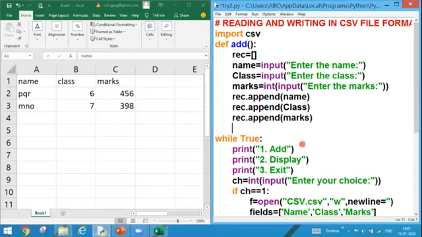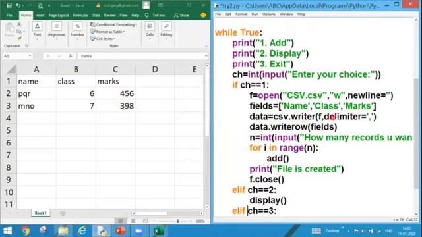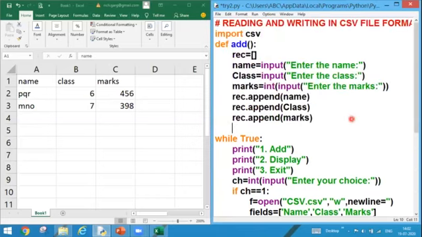So as we have discussed, we have two steps. First, we have to build up the connectivity with the file and the data. And second, I need to enter the records one by one with the writerow function. But as you can see, that connectivity we have already built up in this module. So I need to work upon only adding the record. So my way of adding the record is this. Right, so passing the sequence.